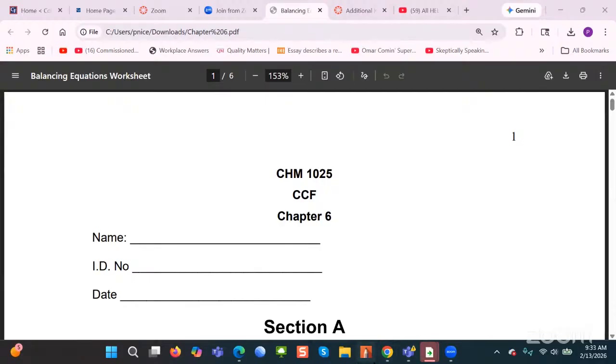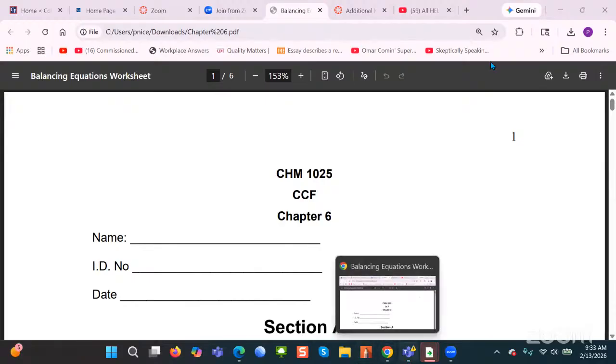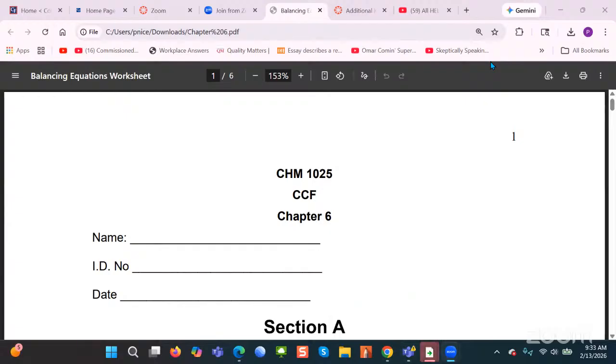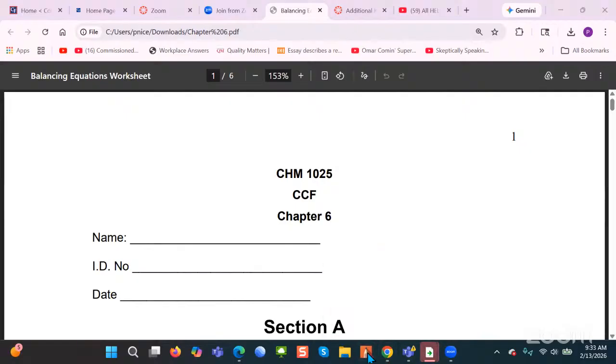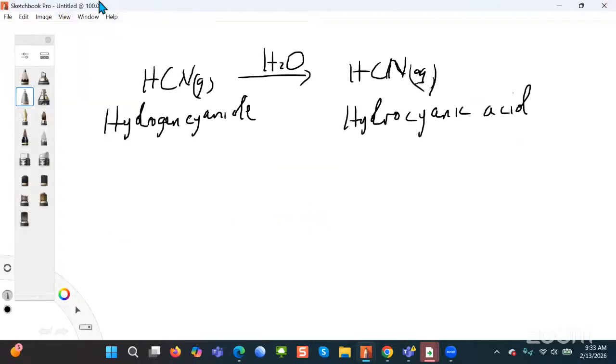So, in a typical equation, why is this thing not behaving itself? Let me see here. I'm sorry, folks. I don't know why this thing is so slow today. Okay, so